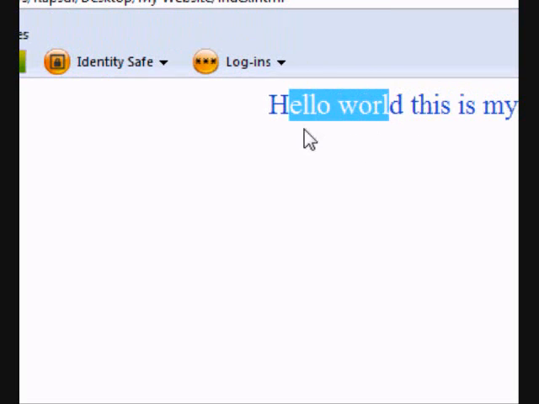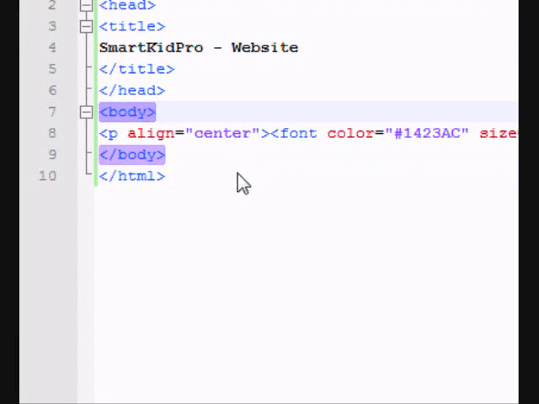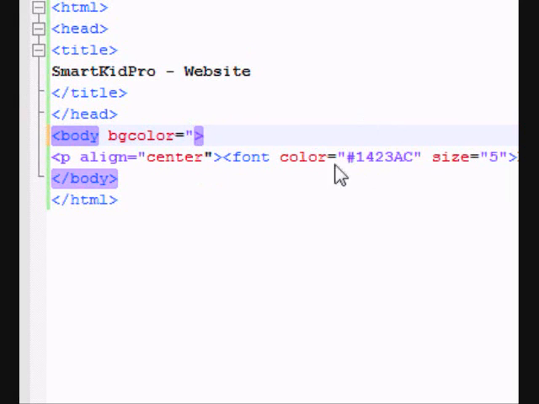So now you're thinking, well, why is my background all white? I want it to be black, all cool and stuff. So if you want to do that, you gotta edit body. And body means the whole thing. Whatever changes we make to body, it's gonna be the whole website. So in body, you want to edit and type in BG color equals quotation marks, whatever color you want. You want it equal white, black, blue, red, and you can also do these code things. So I'll just use black for now and save it, and look at the changes we made to our